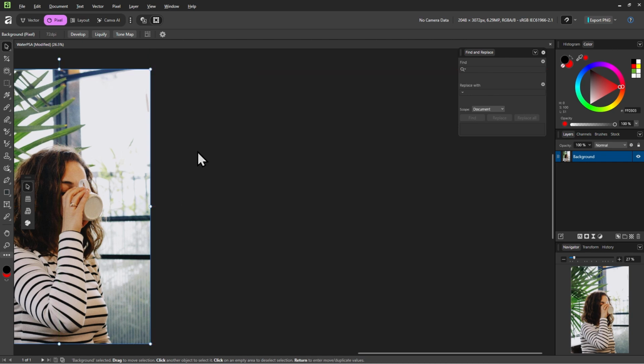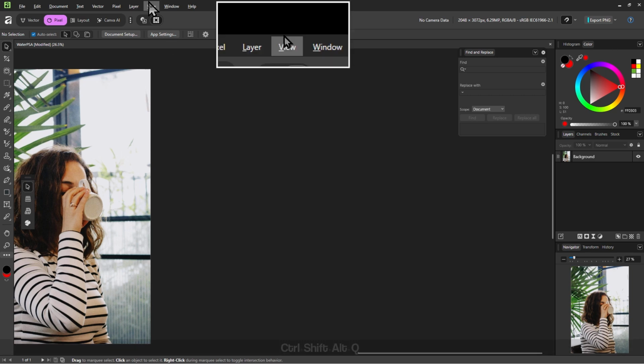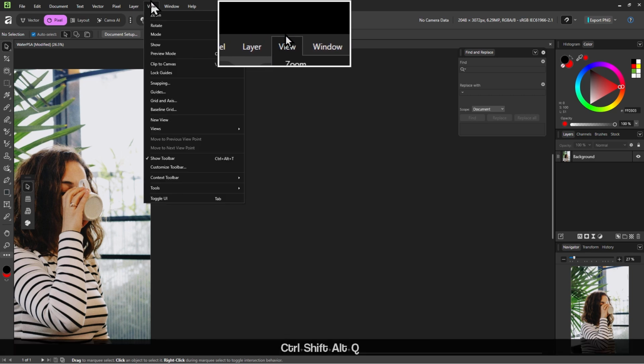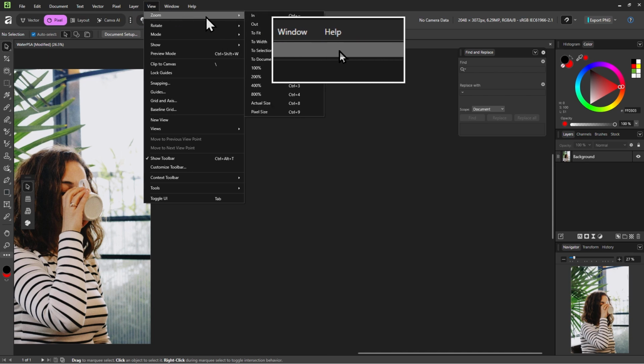But now we are kind of stuck here, aren't we? Our canvas is to the left. Are we really going to be working on our image while it's on the left like this? Well, thankfully, no. We don't have to do that. We can go into the View menu and we can go into Zoom.